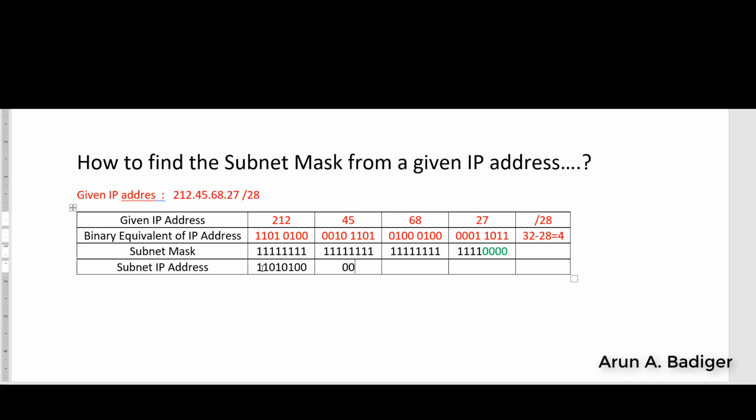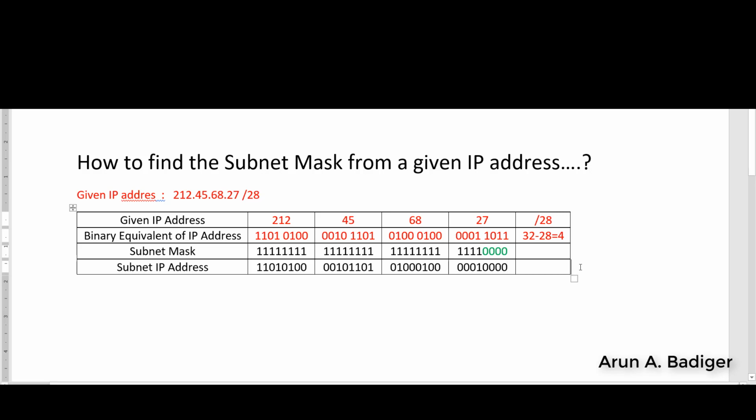Also I will get the same number 00101101. When I do the AND operation here, I will get the same number 01000100. But when I am doing the AND operation, the 4 bits I will get as is, 0001, whereas here when I am multiplying 4 bits with the zeros, I will get zeros, 0000, right? This will be the subnet IP address.